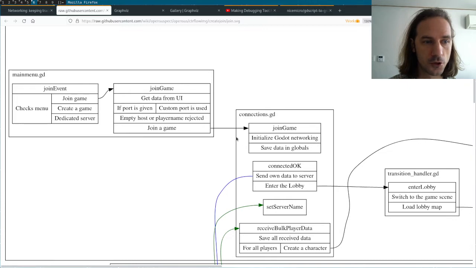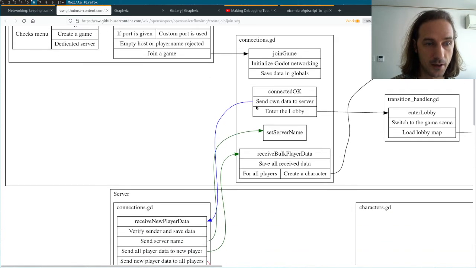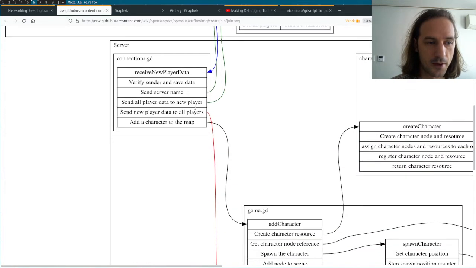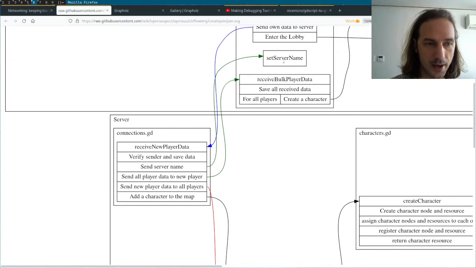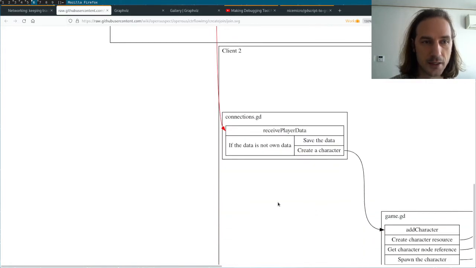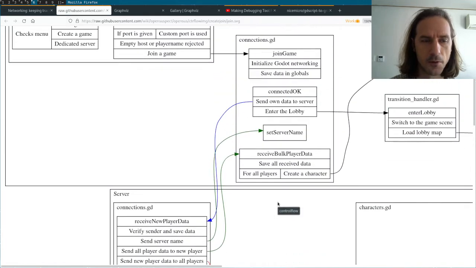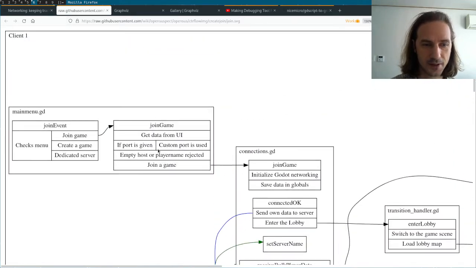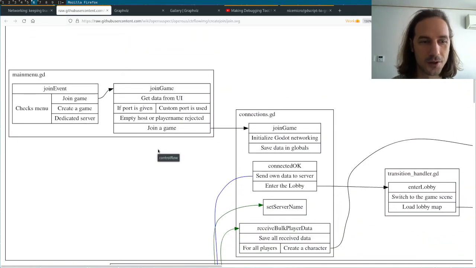They show function calls from one file to another and, because this is a multiplayer game, how some functions are calling other functions on the server, and then how the server is calling back the client, and how the server is distributing the data for other clients, and so on and so forth. You can see that this graph is kind of complicated, so no one really wants to make it by hand. And so in this video, I will be talking about how I automated making this type of control flow